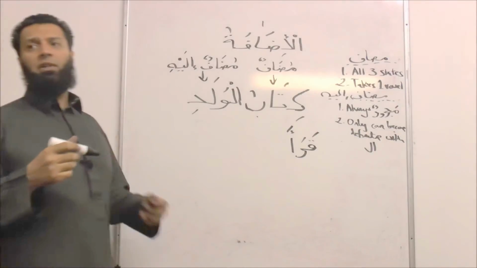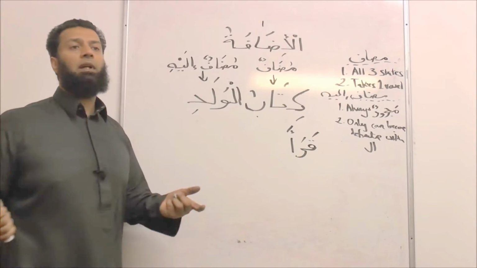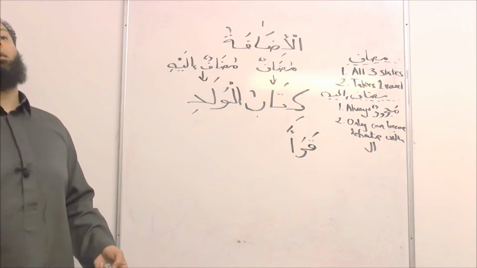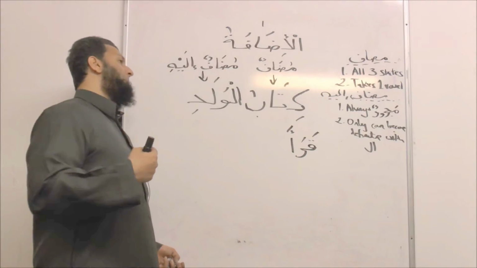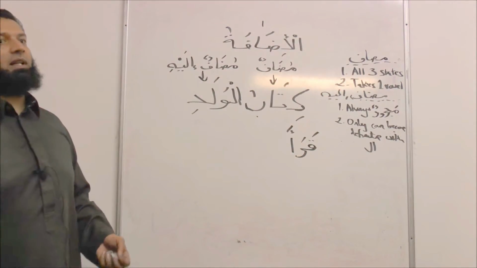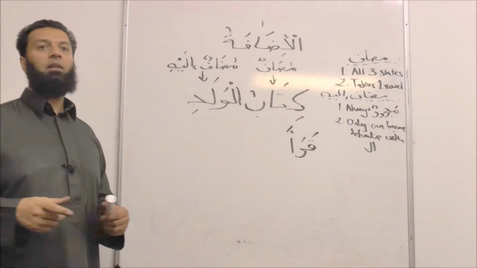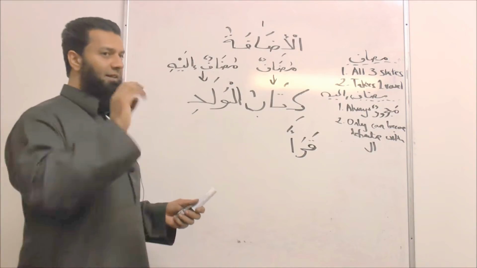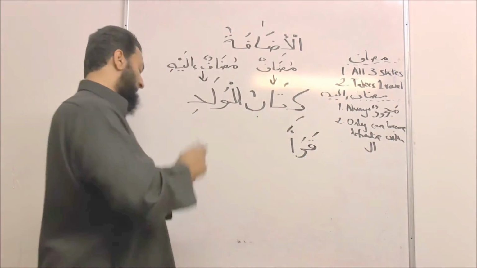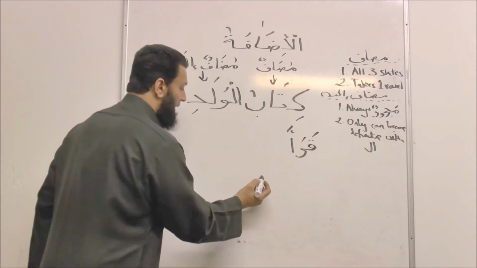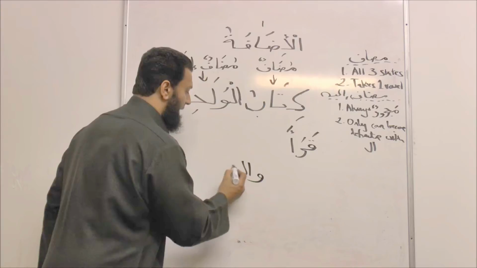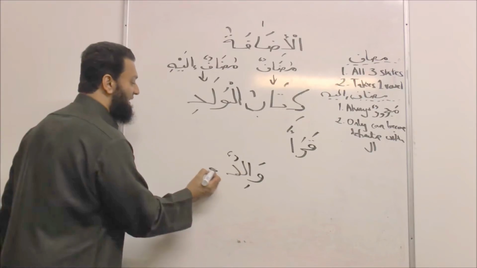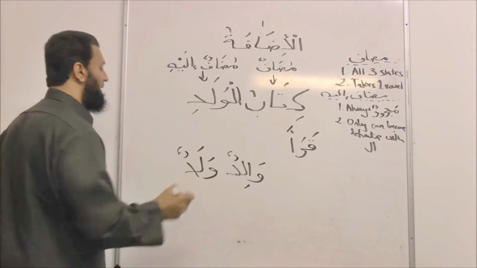So, there's two words for father in Arabic. Okay. The common one is abun. The other one is abi, that's my father. The other one is walidun. We're going to use walidun, and there's a reason for that, which I'll explain later. So we have two words. It might get a bit complicated because both of them look the same. Walidun and waladun.